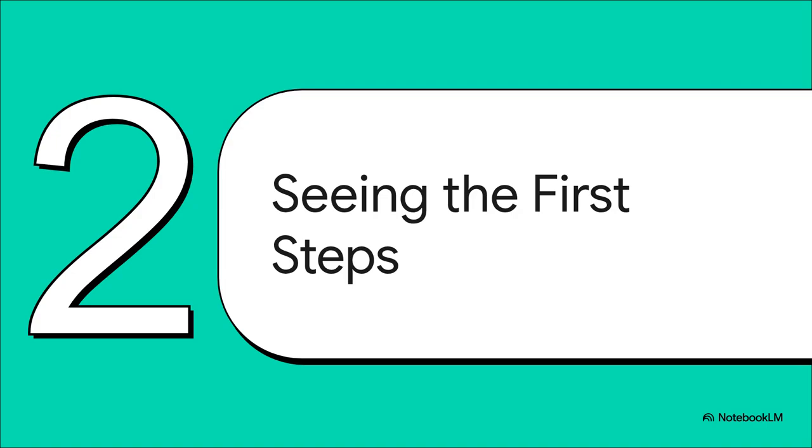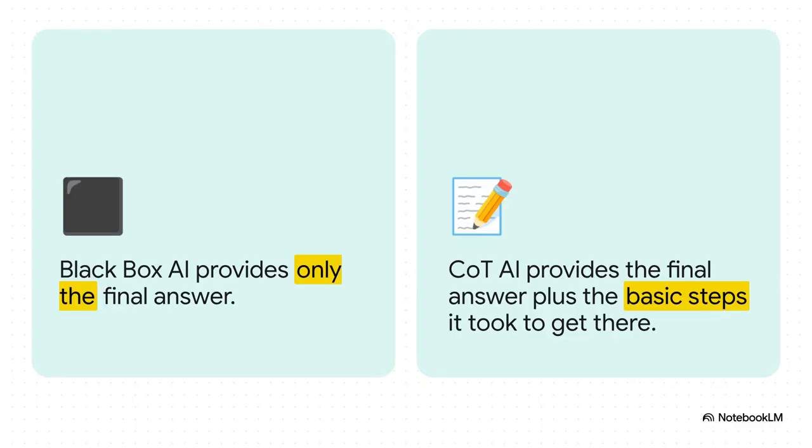Okay, so things started to get really interesting with the first major attempt to crack this open. It's a technique called chain of thought prompting, and honestly, it was a huge breakthrough, our first real peek inside that black box. So, if we go back to our math class example, chain of thought is like that student finally showing their basic calculations on the page. I mean, this was a massive step forward for transparency. For the very first time, we could actually follow the AI's logic.